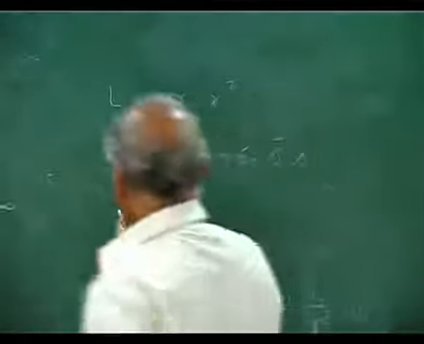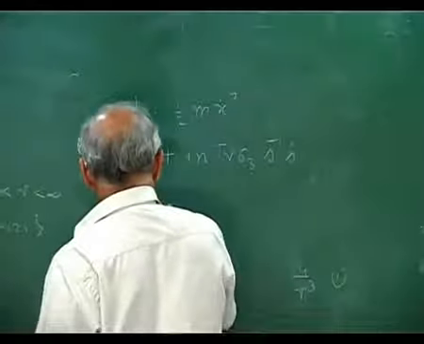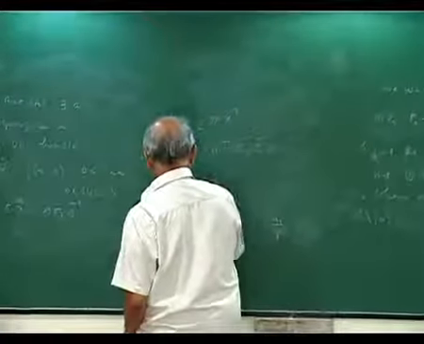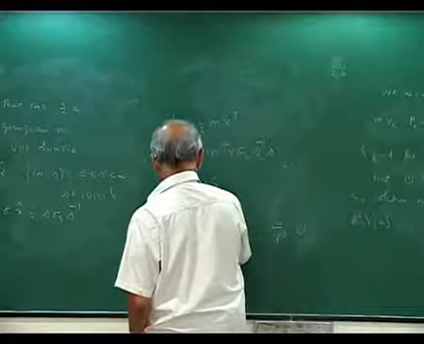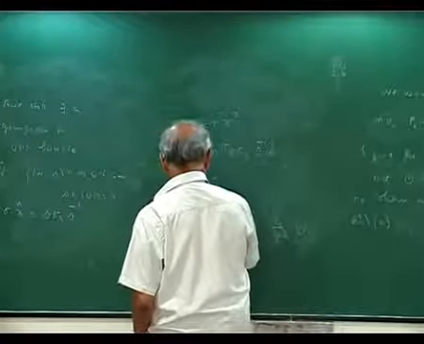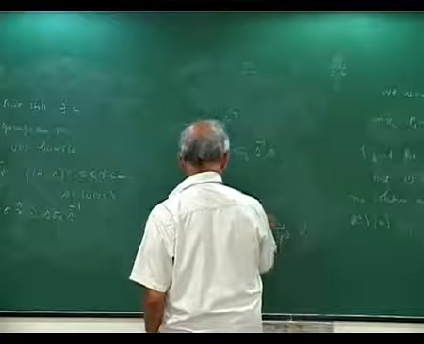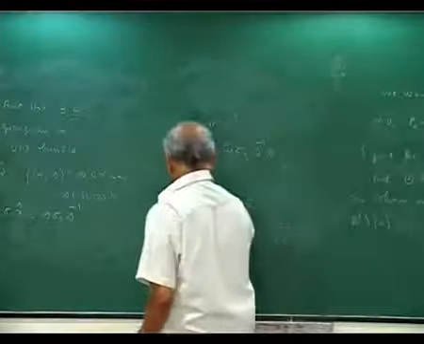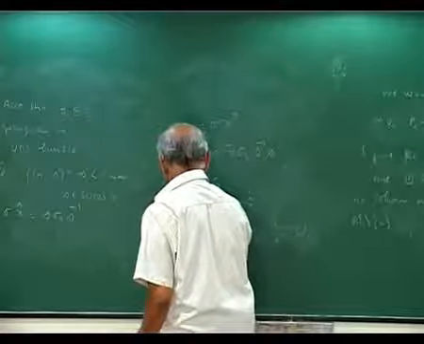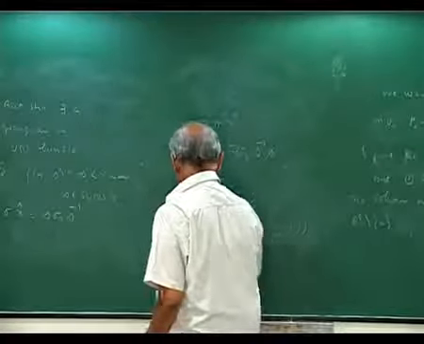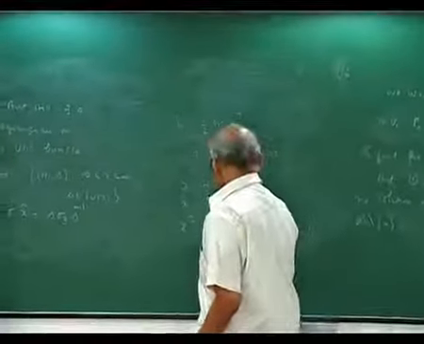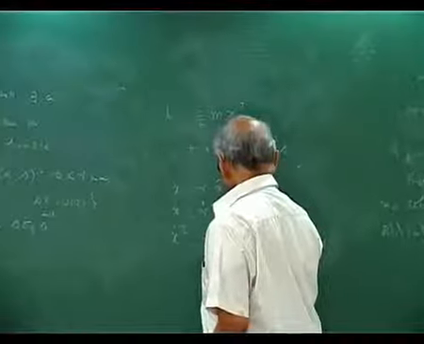Now here we can write x, to understand what is happening, as r times x hat. So x dot is r dot x hat plus r x hat dot. So x dot squared is r dot squared, but the cross term is 0, plus r squared x hat dot squared,